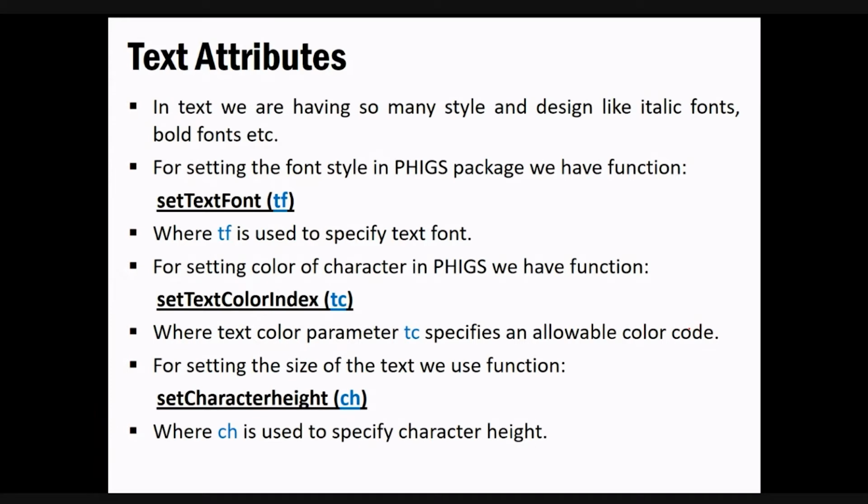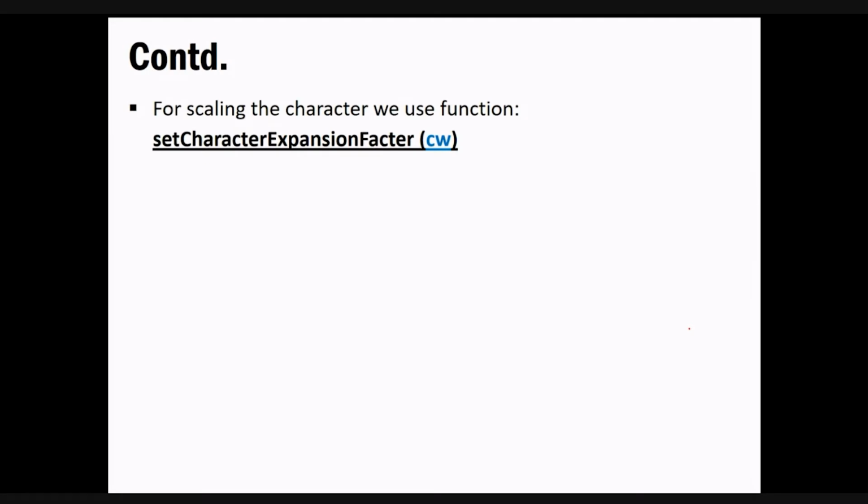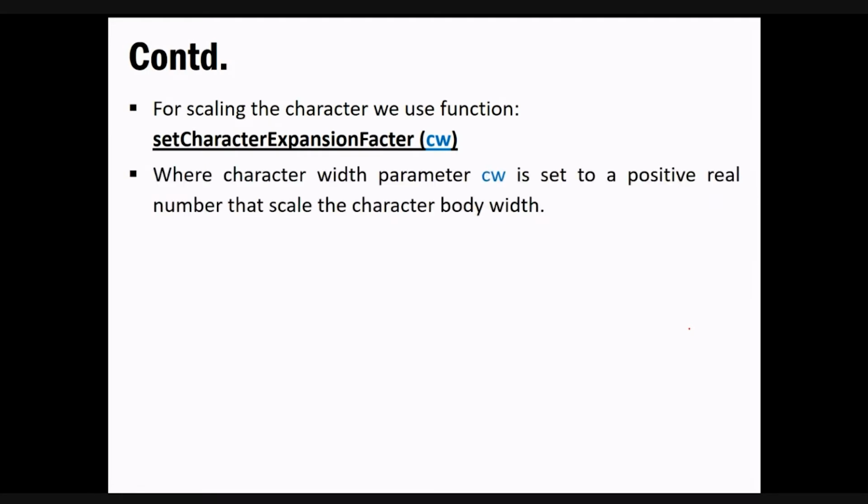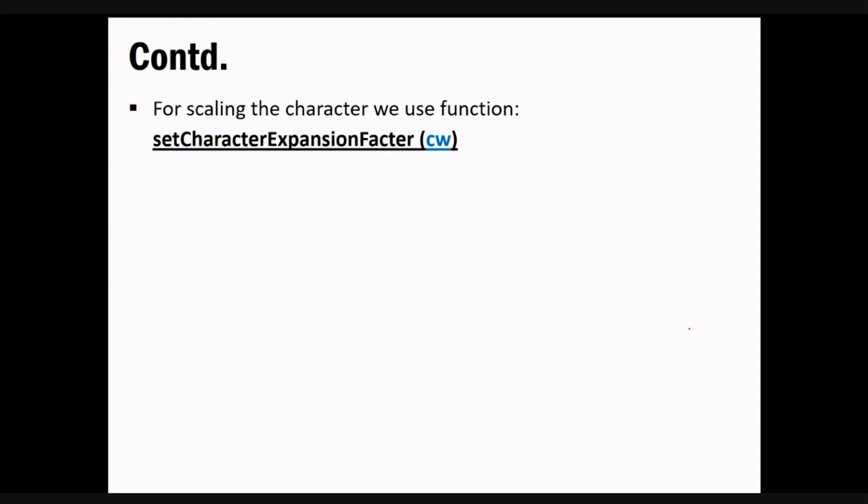Now you can think of it like this: you might generally be using MS Word or Paint or something. In that, you try to print something, and out of the UI that is given to you, you try to set all of this. But instead of that, now you won't have any UI; you just have to hard code it. Similar things can be done in this way. You just have to use a readily available function and specify the parameters, so that could be easier for you. Okay, for scaling the character,